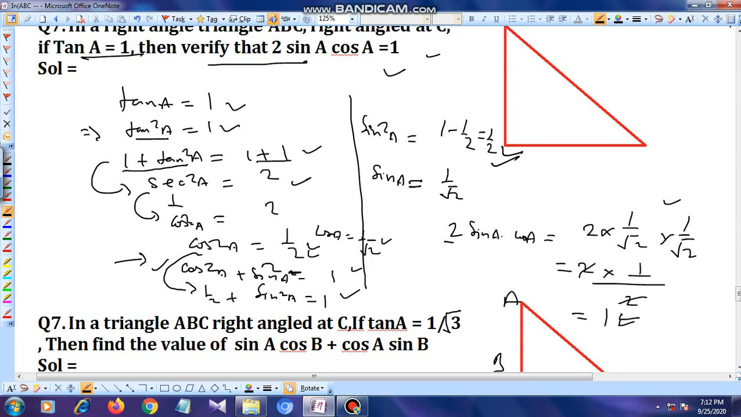Now value of twice sin A into cos A, this is my question. So value of sin A is 1 by root 2, putting here, and value of cos A is again 1 by root 2. So 2 into 1 by root 2 into 1 by root 2. Root 2 into root 2 will become 2, and 1 multiply 1, 1. So 2 cancel to each other, so it will become